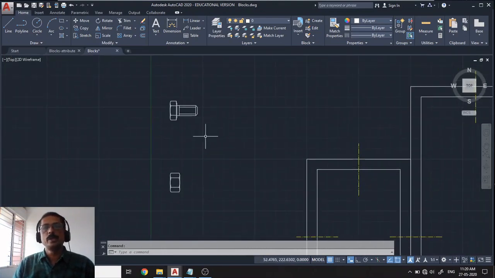I can always copy and move, or copy and rotate these things, but it will be difficult. Rather than that, I can assign some attributes to those things. You will understand what this attribute is once I complete this session. Okay, so here, if you think about this,